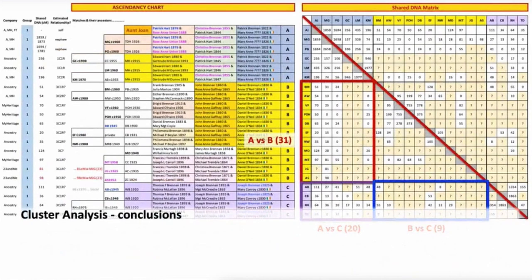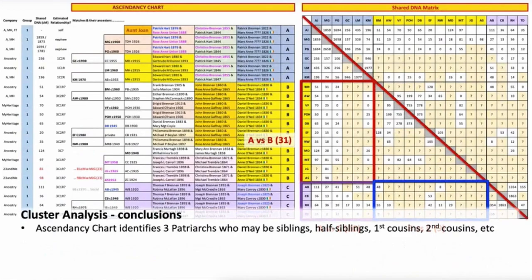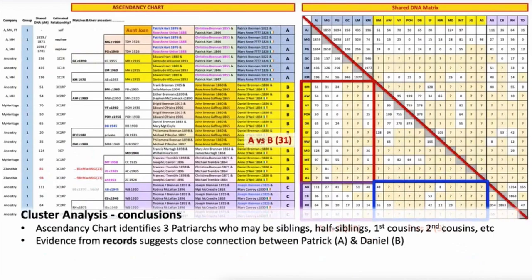So to conclude with this particular example, the cluster analysis shown in this ascendancy chart identifies these 3 patriarchs, Patrick and family A, Daniel and family B, and Joseph and family C, who may be siblings, half-siblings, first cousins, second cousins. The evidence from the documentary records, those death records that I showed you, that showed that Patrick and Daniel